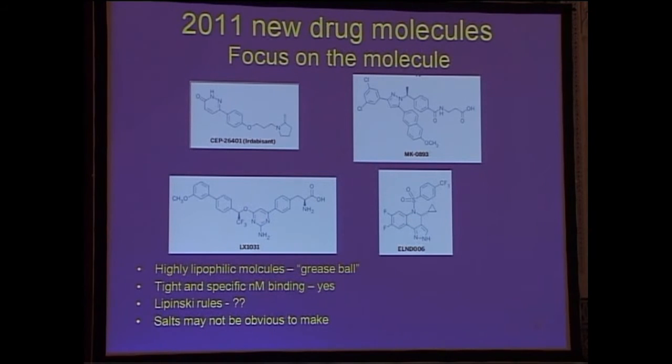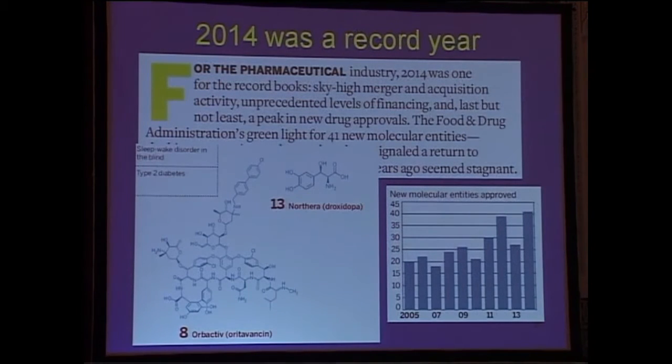Now, this is 2011. Fast forward to 2014, which was a real bonus year for the pharmaceutical industry, 41 new drug approvals. This is sort of the Mount Everest of what I would call a small molecule drug. Of course, biologic drugs can be even much bigger. This would be a small molecule synthetic drug approved in the last year. Clearly, this is far away from the drug molecule structures of the types you would have seen in the 80s and 90s.